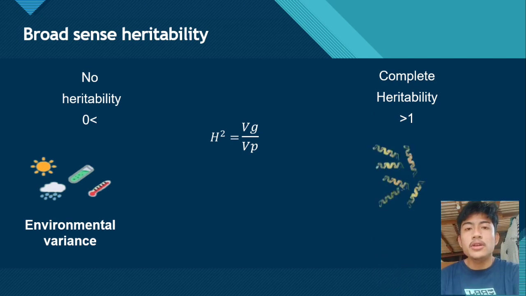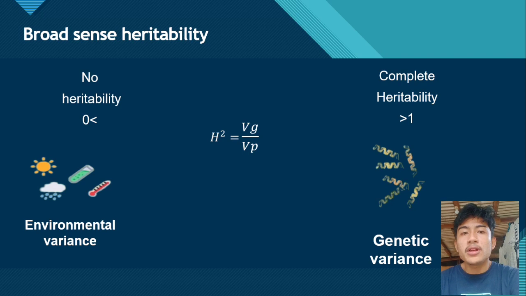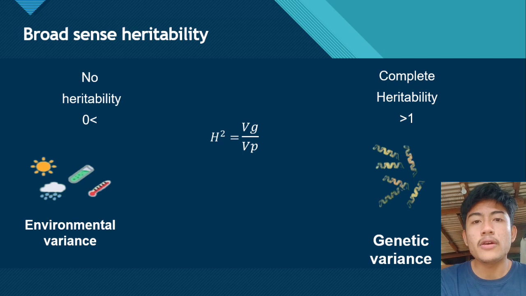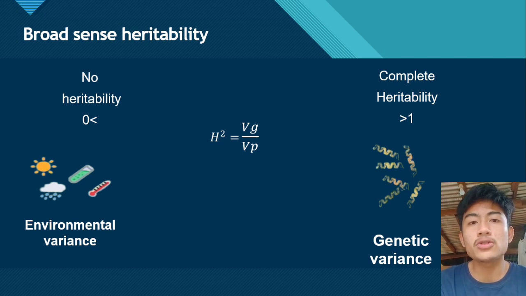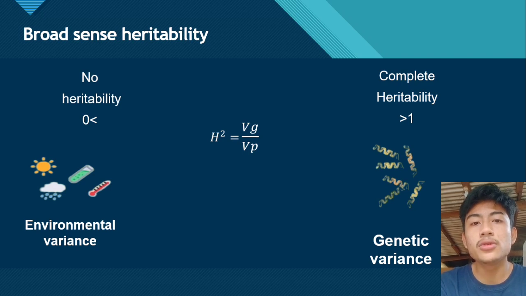Broad-sense heritability is a parameter that varies between 0 and 1. If its value is close to 0, then the studied trait has no heritability, and all phenotypic variation you observe is due to environmental variance. On the contrary, if broad-sense heritability is approaching 1, then almost all of the phenotypic variance we observe in the population is due to genetic